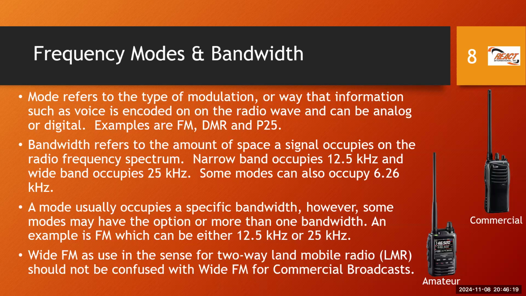So if you're encoding using an analog mode on the sender side, such as FM, on the other side, the receiver, you also need to use an analog mode of FM. In other words, you cannot be using FM on the sender side and the receiver side is using a digital mode to decode, unless, of course, it can switch to the analog FM mode. So for our purposes here, we are using FM in REACT, typically, right? We could use other modes, but we are using FM.